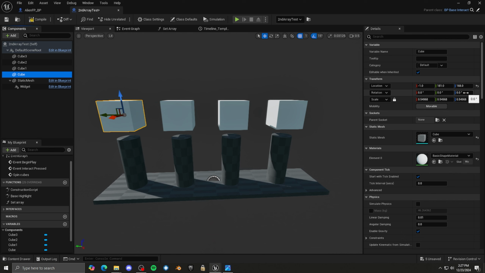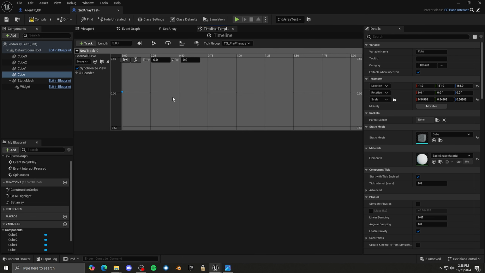So we're going to be changing the yaw. So it's starting at 0. So that's just where I'm starting my timeline at. So the value is going to be the rotation of this cube. So I'm going to click to add another float track. Because my animation is 3 seconds, I'm going to put 3 seconds is where I want this to end. And I'm going to do a value of,